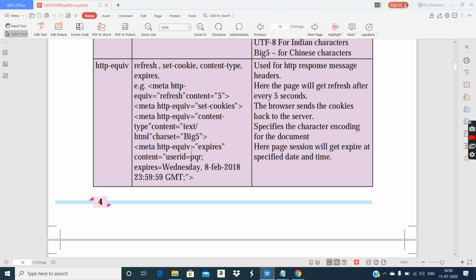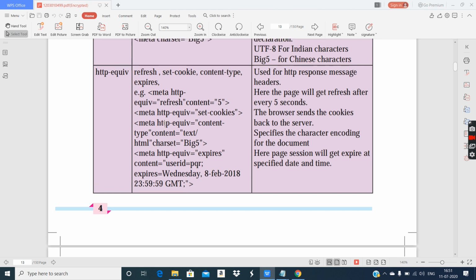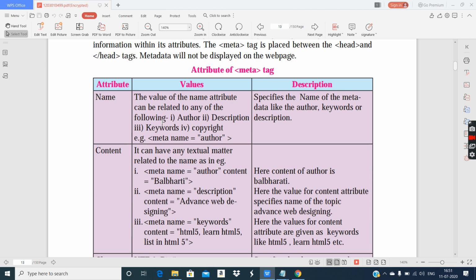Okay, so you can specify the page session expire. For example, if anybody is giving any online test, so you can fix the timing, or if a particular sale offer is ending at particular time, so expire fixed value can be given in HTTP equiv, and in content, in this manner, the way they have given example, you can mention at what time, which date. Okay, the session must expire. So this is actually helpful for the browser and also the search engine and also the server. Meta information is very important.